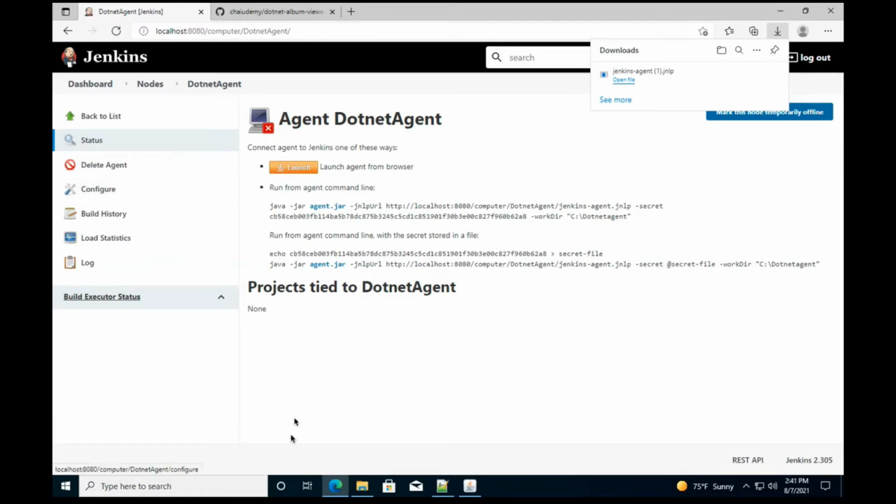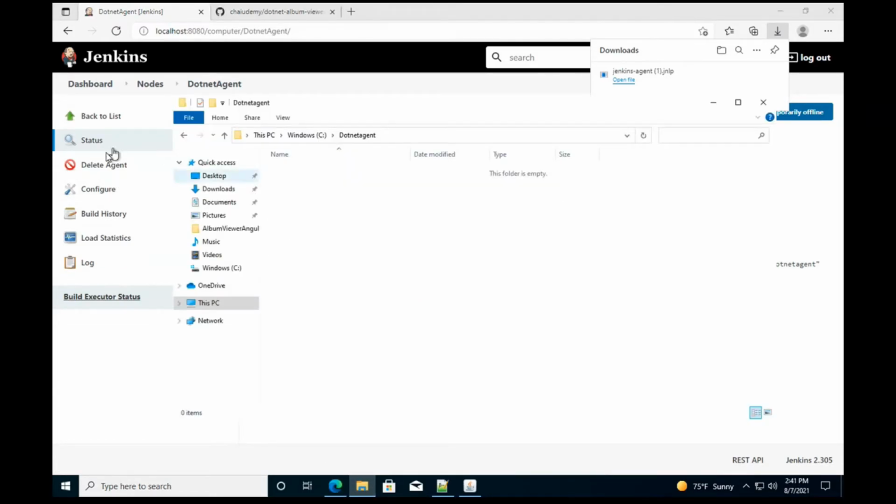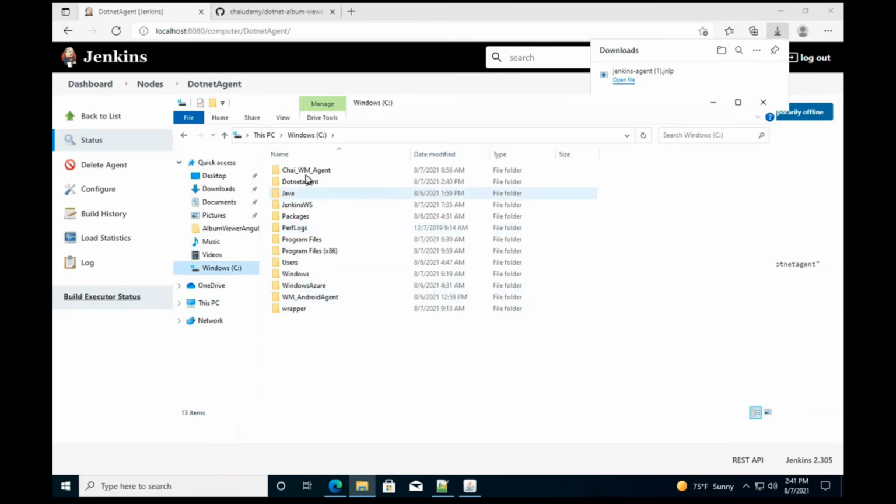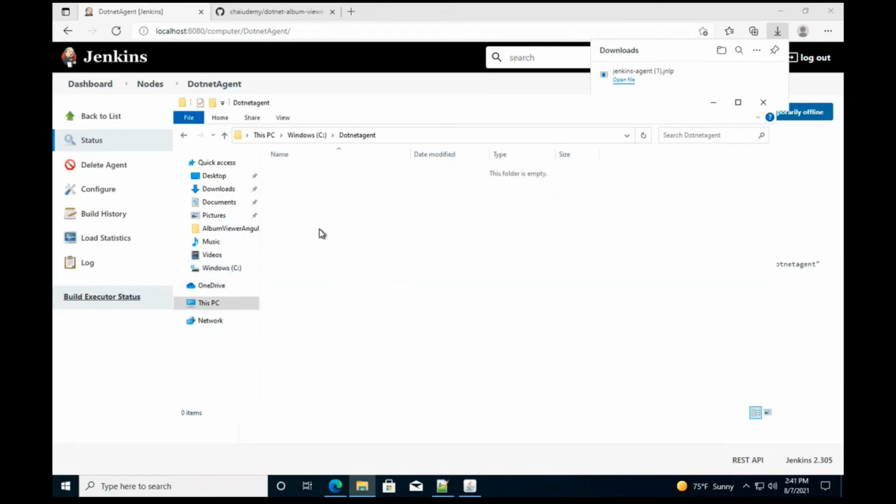So I'll go back to my downloads, and you will see this file. I'll copy it into the remote folder which I created, C:\example .NET agent. There are many ways of running it. You can use Windows Task Manager to schedule it to start every time, or you can add it to startups. For now, I'll just